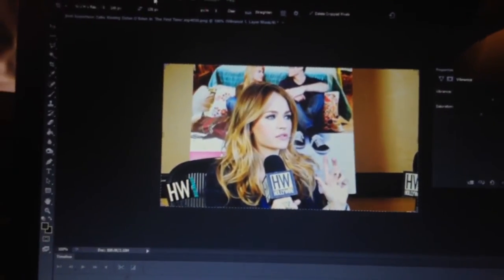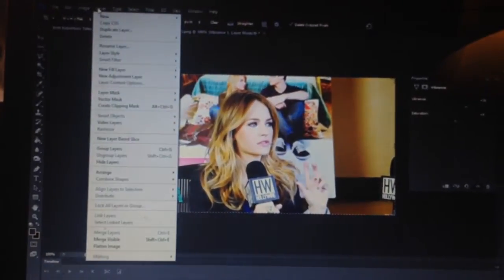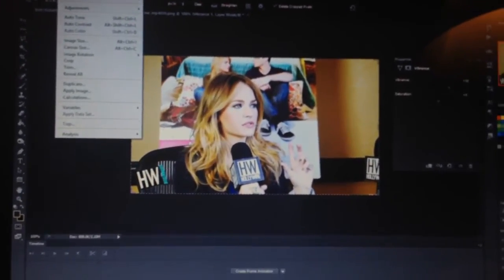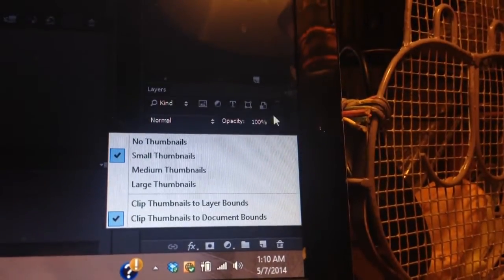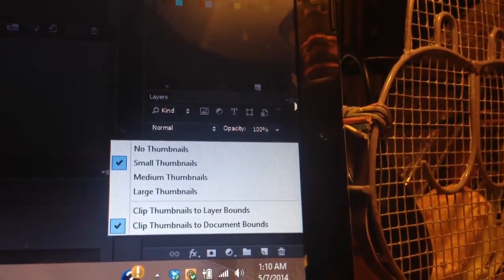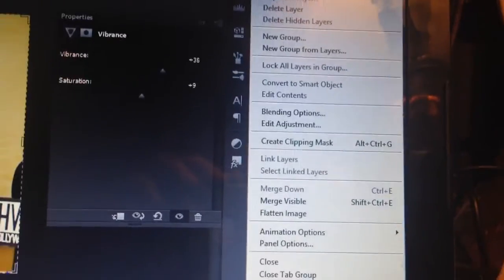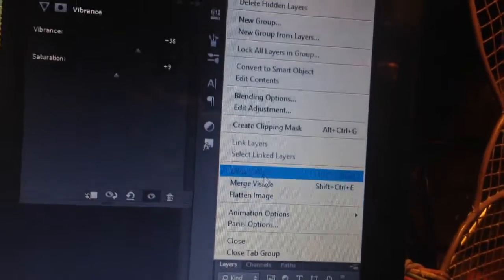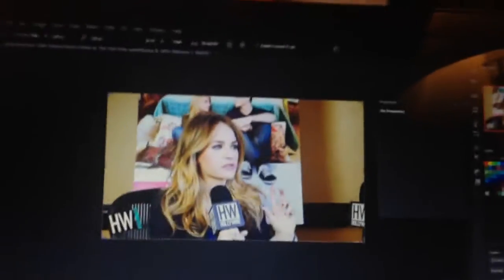The last step is go to Filter. Oops. First you want to go Layer, or actually over here. Sorry. This little menu here. Can you see my mouse? Let's see. Okay, over here there's this little drop down menu. And this thing comes up. See all the different options. Go to Merge Visible. That'll make all of those layers into one, but only do that when you're happy with the coloring. So once you do that,